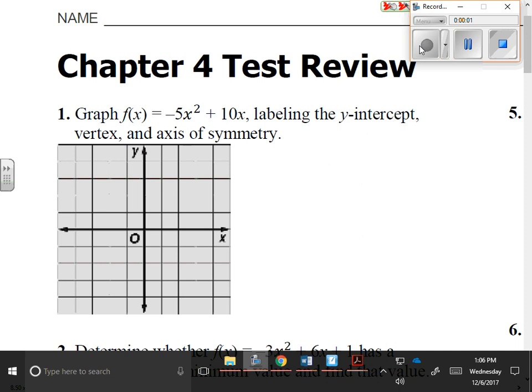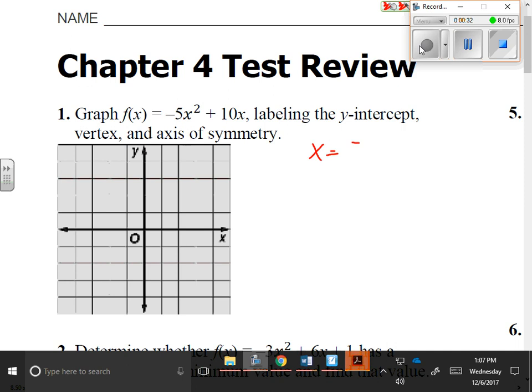Okay, number one, we need to label the y-intercept, the vertex, and the axis of symmetry. So we probably should start out with the axis of symmetry. Formula for axis of symmetry, remember? Negative b over 2a. Okay? So x equals negative b over 2a would mean,